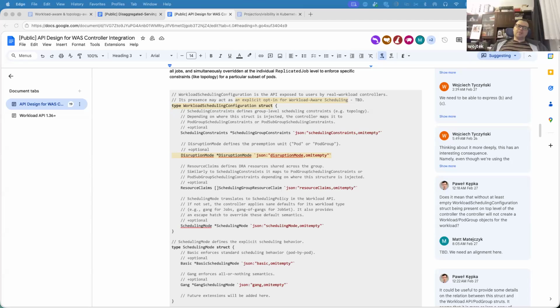The same idea works like for creation. If I understand correctly, Heba, please correct me if I misunderstood you. Instead of setting the disruption mode or scheduling constraints in the job object, let's take the job example: you first create a workload object as a user, and then you create a job with an annotation saying that the workload object already exists, somehow pointing to it. So I agree we should skip that mutation, or postpone it as a follow-up discussion. But I think the same idea could work for